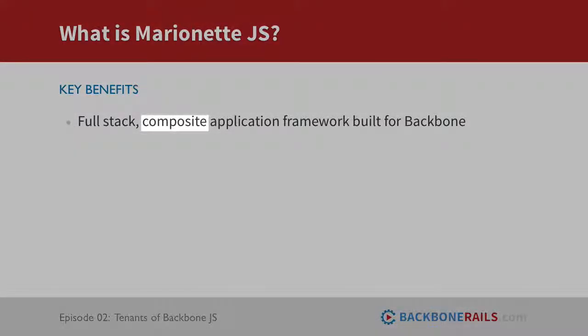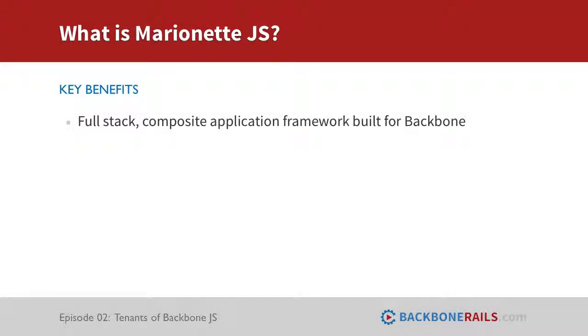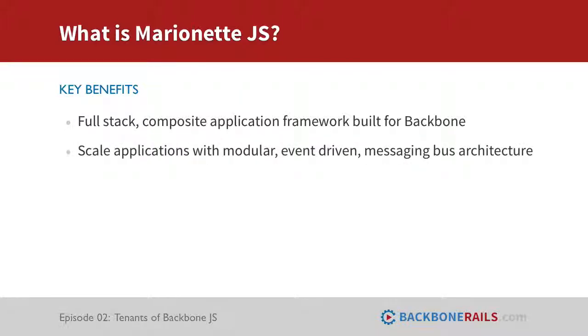Composite here is the important keyword. Marionette in itself is comprised of independently functioning parts. You can choose to use any number of Marionette components. You're not forced to use all of them. Integrating Marionette instantly makes your applications much more modular with its messaging bus architecture. This is how each of the Marionette components will be able to communicate with each other through publishing and subscribing